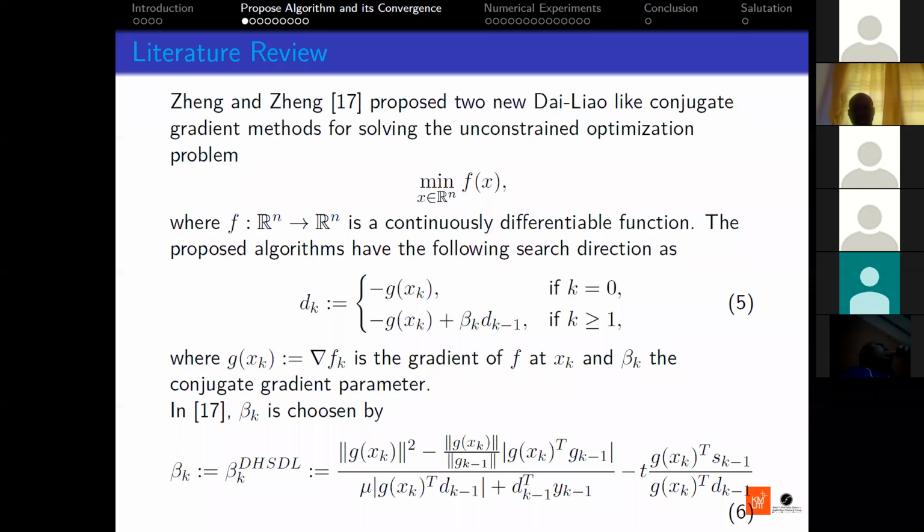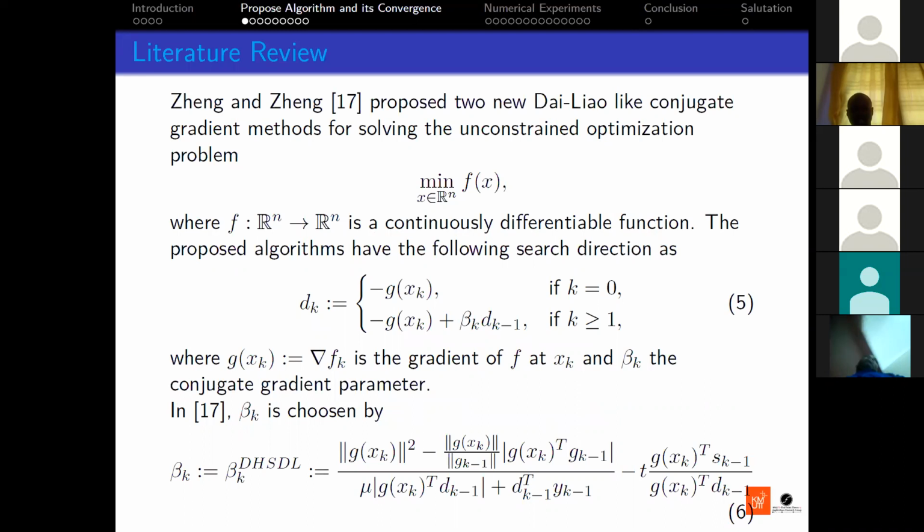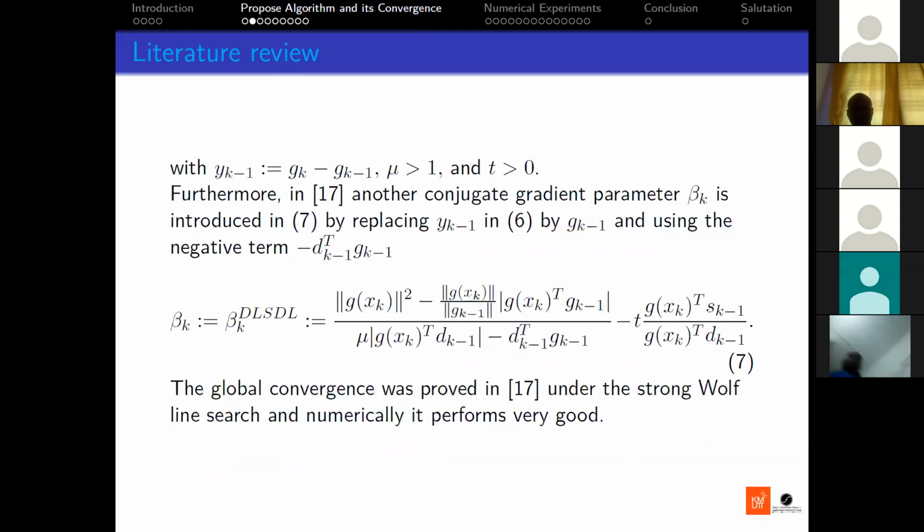And mu present in 6 is given the condition that it has to be greater than 1, and t should also be greater than 0. Now also in the paper, another conjugate gradient parameter beta k is introduced by replacing yk minus 1 in 6 with gk minus 1. So if you replace yk minus 1 in 6 with gk minus 1, and also use the negative term minus dk minus 1 times dk minus 1, you will get another beta k defined by